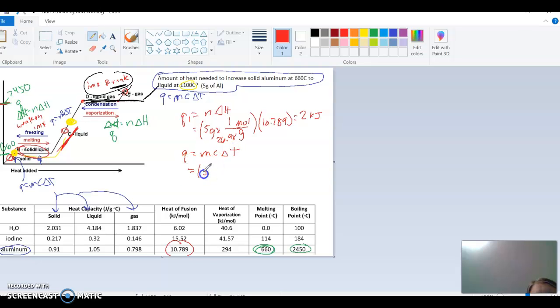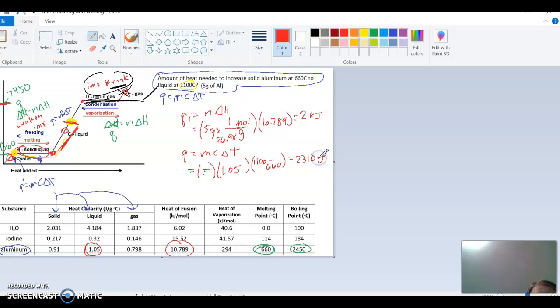Where my M is my mass, 5. My C is my specific heat. I'm in a liquid state right there, so that's 1.05. And then my change in temperature. In this case, final is going to be that 1100 minus my initial, which is at this point down here, 660. If I do that math, I get 2310